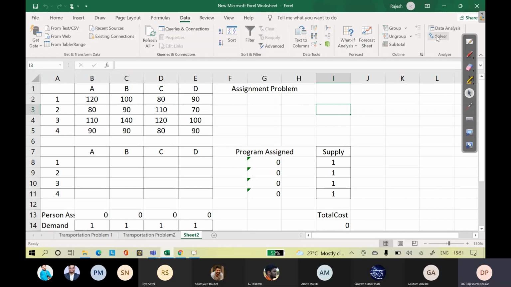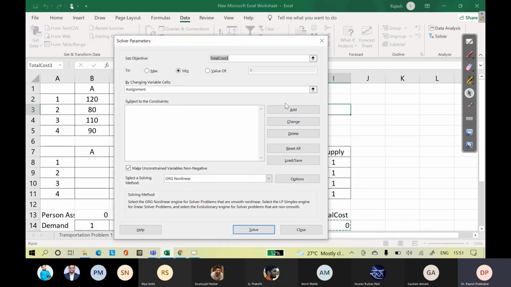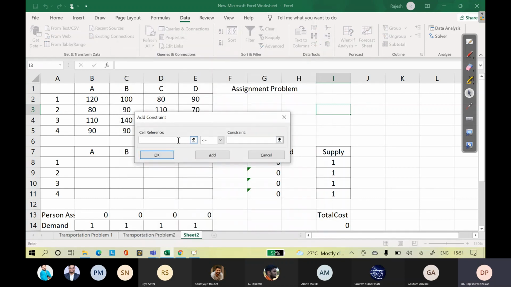Yes. Assignment, add constraint, cell reference, assignment, bin, binary, add. Then what we have done is person assign equals to demand 3, add.